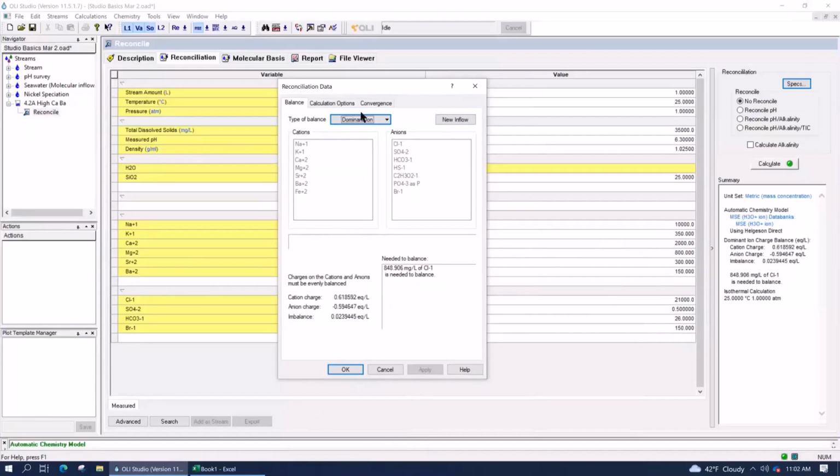Now, that action occurs because we've chosen dominant ion as the approach. If instead, for example, I had chosen sodium or chloride, in that case it turns out to be the same thing because sodium and chloride are the dominant ions. If instead I chose something called makeup ion, then depending upon what I pick, if I pick chloride, there's the 848 again. If I had chosen sodium instead, then it'll remove 550 mg per liter of sodium.